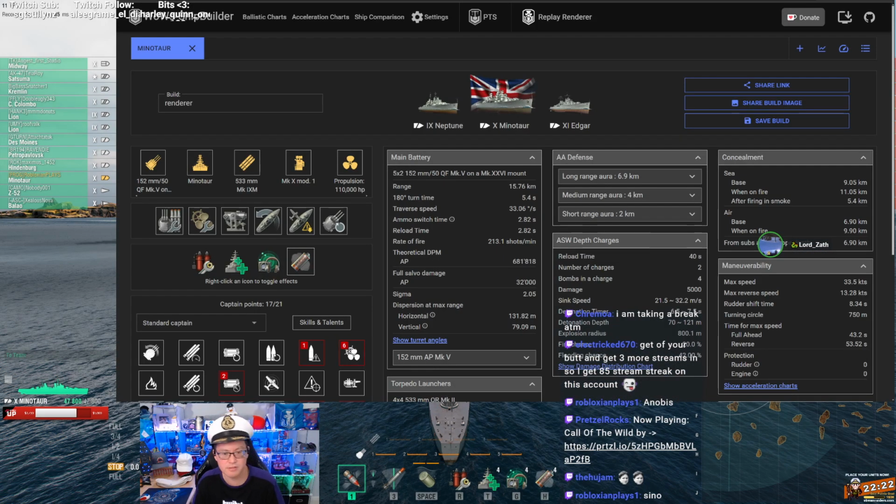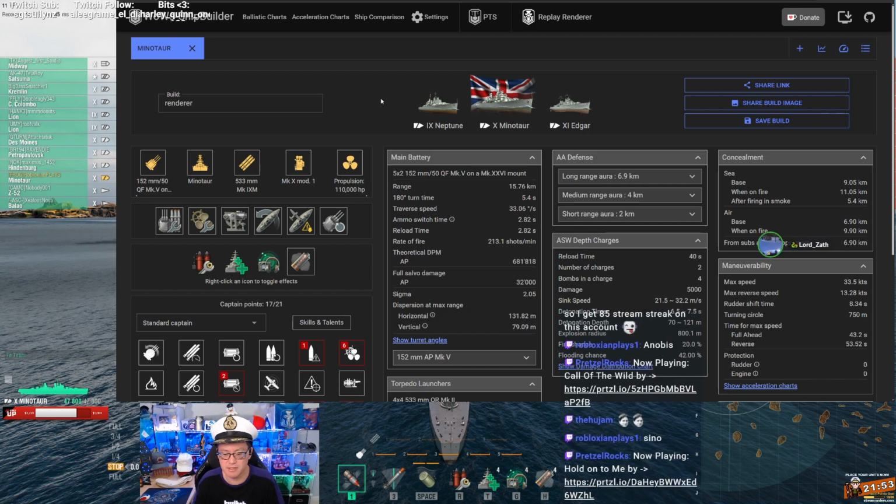And build viewer. So Minotaur, the tier 10 British light cruiser. Very, very fun ship. Very strong ship in the right hands. She's got a super heal. She is super squishy. She can only shoot AP, but the AP is murderous against enemy destroyers. Decent-ish against cruisers. Against battleships, you have to be really good with your aim and aim for the superstructure or maybe the fore and aft ends of a